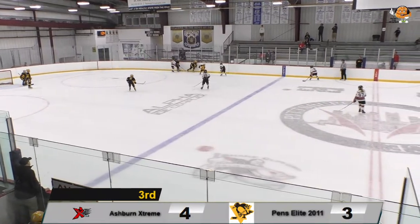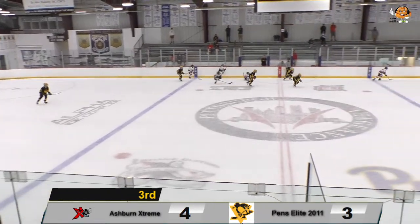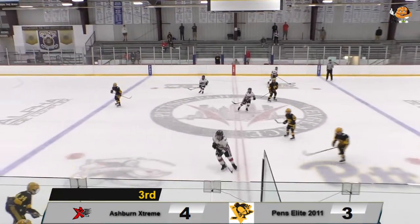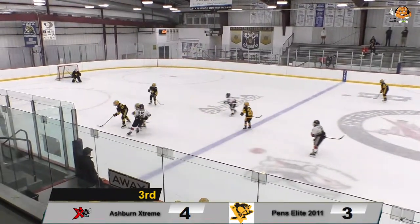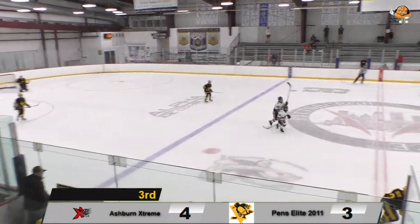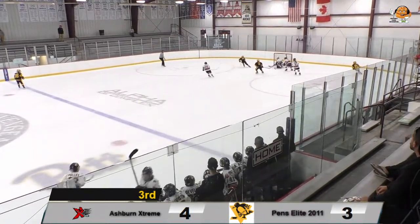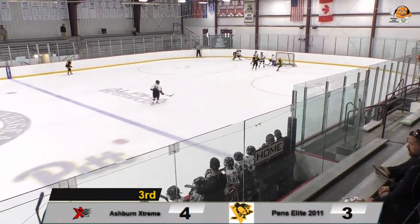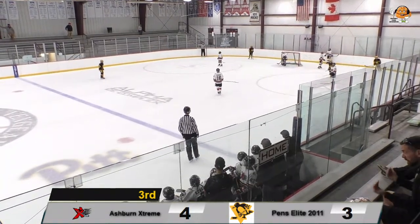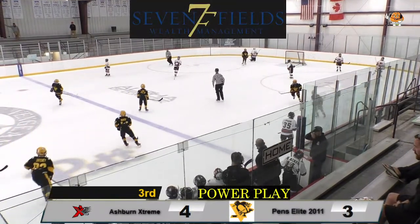And then ultimately, like I said, we got to get that lead for the first time. As Bloom sends it up the wall, past everybody, right to the stick of an Ashburn defender. He'll bank it to the opposite side. It skips over the stick of Kubnik, but he'll retreat to pick it up. He banks it off the boards back to center. Bloom with the pressure, skate, the stick action, a 2-on-1, 3-on-2 develops. Bloom shoots one, it's off the goaltender, picked up by Bowen. Bowen at the side of the cage. He's knocked to the ice, and we will yet again head back to the Seven Fields Wealth Management power play